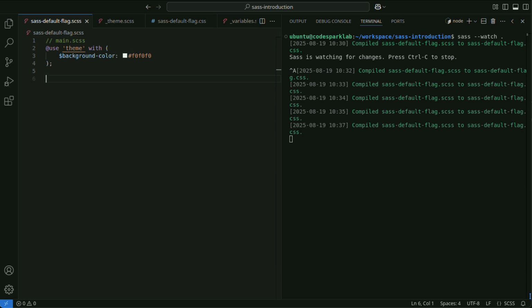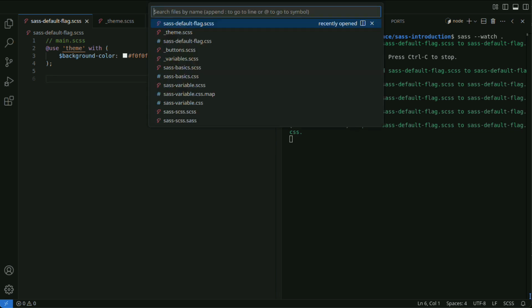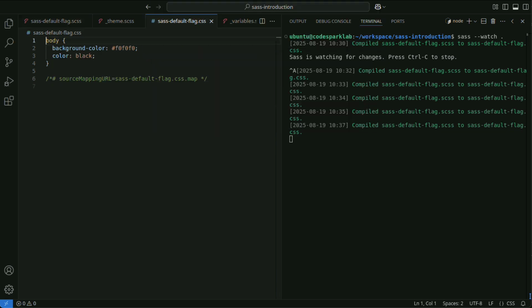Customizing the theme by overriding $background-color with @use and with. When the Sass file is compiled into CSS, it looks like this.